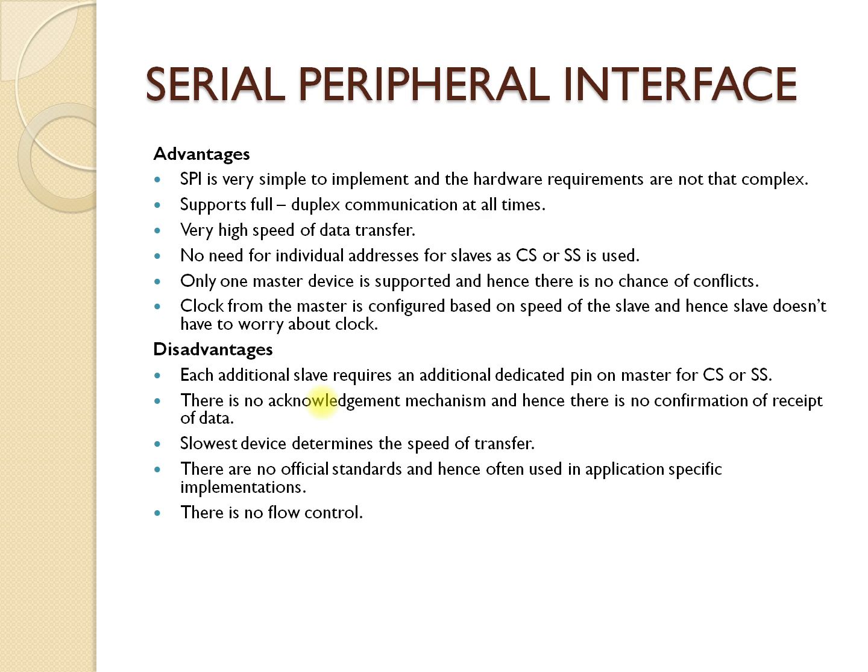Normally the serial peripheral interface is used in closed and very compact situations only, and also the number of devices is reduced or limited, so this disadvantage may be neglected. The slowest device determines the speed of the transfer. This is a big disadvantage in the case of a serial peripheral interface, because the speed of the system is determined by the very slowest device in the system.